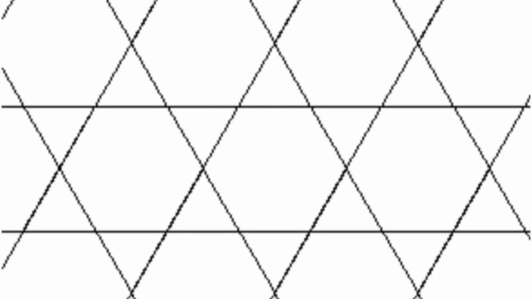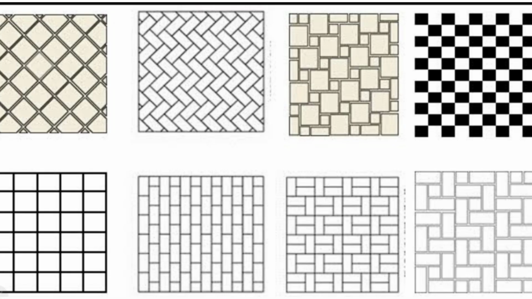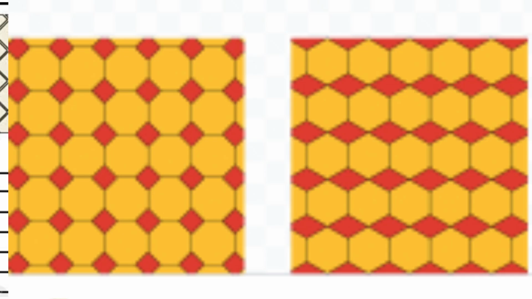Okay, let us move on to the next topic, tiling patterns. Children, look at these floor patterns. They are made up of small tiles shaped like triangles, rectangles, squares, etc. Children, you have to observe all these tiling patterns. What we can see here is that each tile fits into the others without leaving a gap. Some patterns are made by shapes that fit into each other without leaving a gap. Tiles of different colors make the patterns look more beautiful.